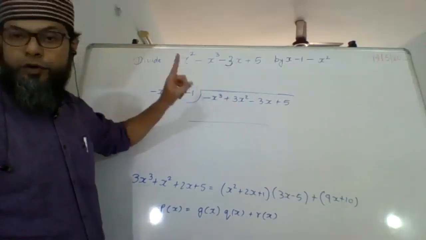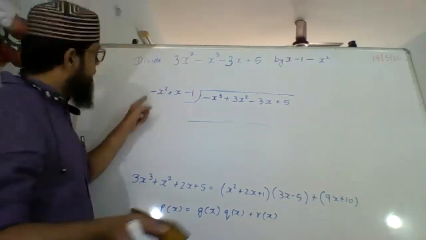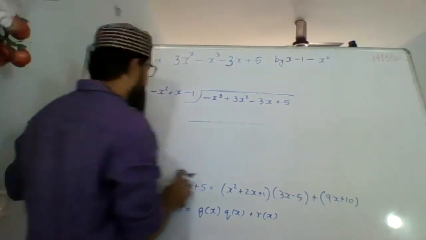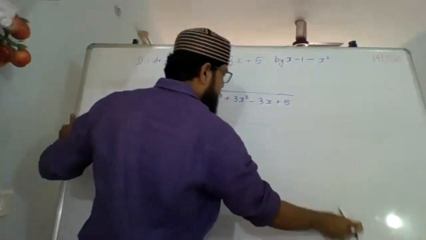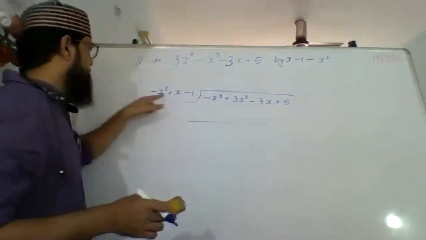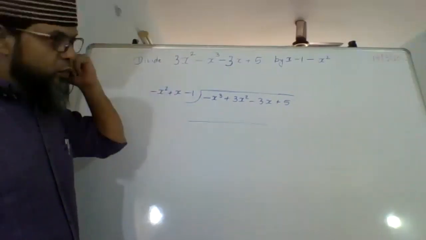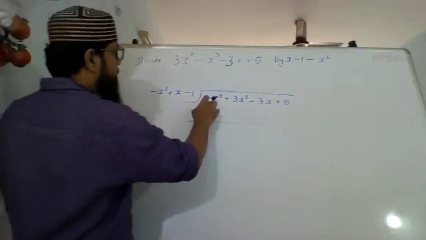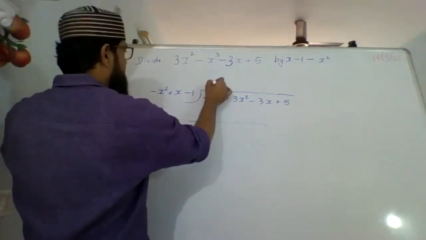That is important. If you do not take the signs properly, you will make a mistake. Many people do this but write the signs wrong. क्या लिखेंगे? x square minus x minus 1, तो वो गलत हो जाएगा. Okay, it is not x square minus x minus 1, but it is minus x square plus x minus 1. Now I want here one more x and minus is there. Minus यहाँ पर भी है, तो सिर्फ एक x से multiply करो.